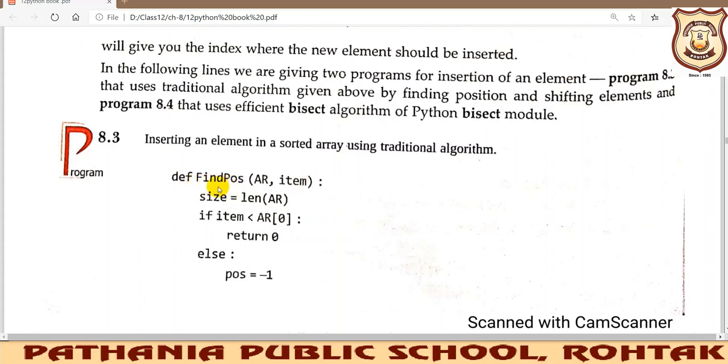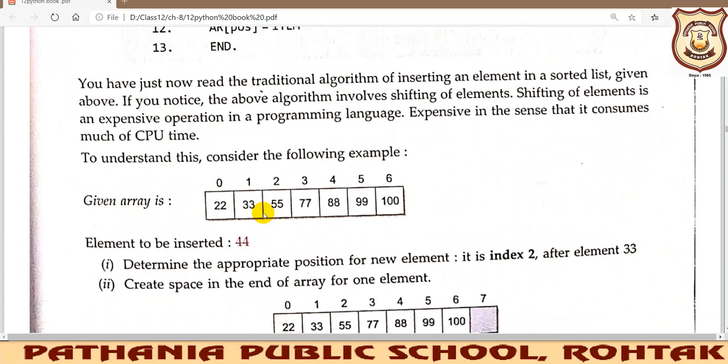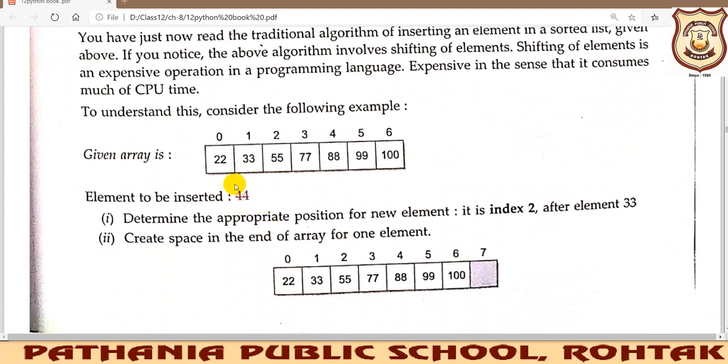Okay, in this we'll be taking up three functions, the position function to find out the position where we need to insert. As we were inserting element 44, firstly we were searching the position where it has to be inserted, then creating space for it by moving the elements, and then inserting it. So three functions we were in need of. Firstly, searching the index where this element could be inserted, then moving the elements so that the space could be created, and then third step to insert that element.